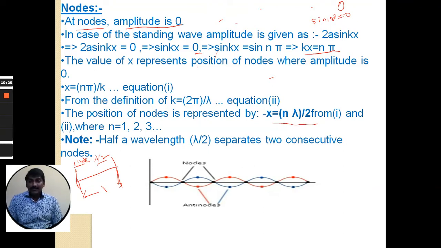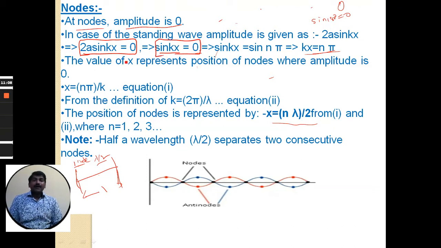You can see here, for a standing wave, when I take the condition of minimum change in displacement, that is, amplitude is 0, in such a case that is called a node. So the amplitude 2a sin kx, I made it 0 as per the definition of the node. Since 2a is nonzero, I can write sin kx equal to 0 simply. You are seeing here clearly, right?